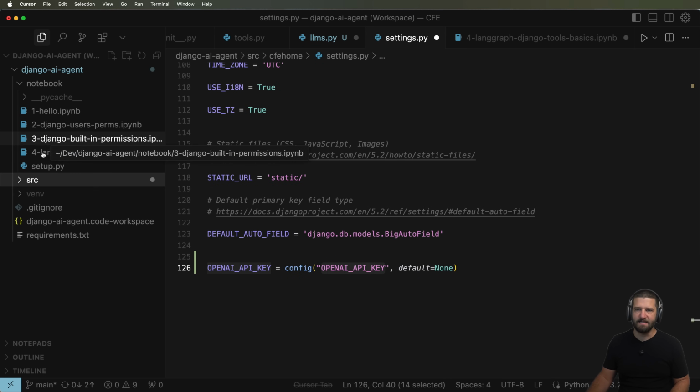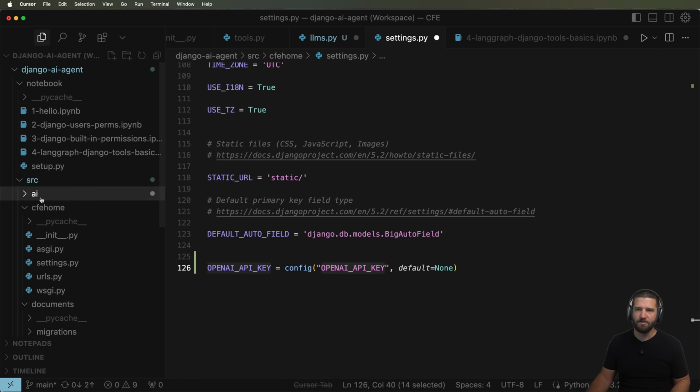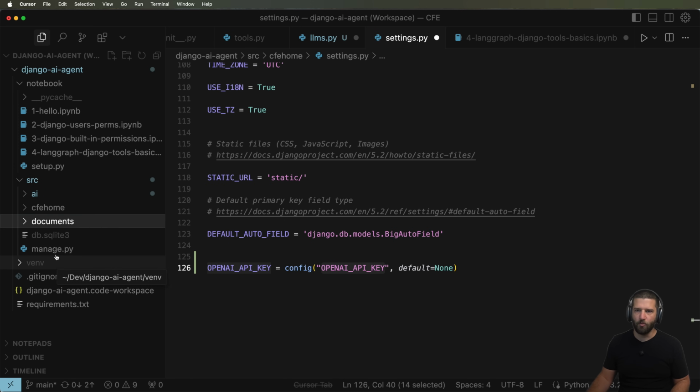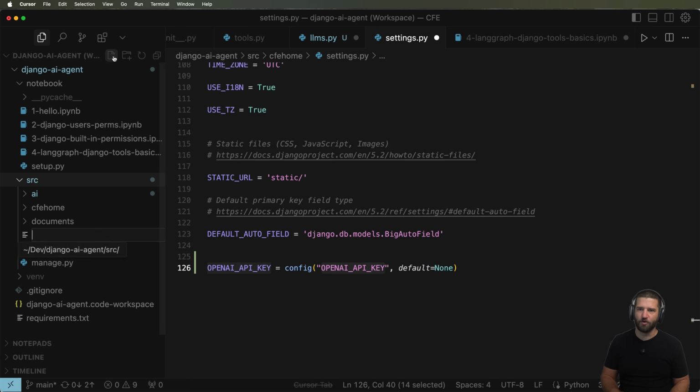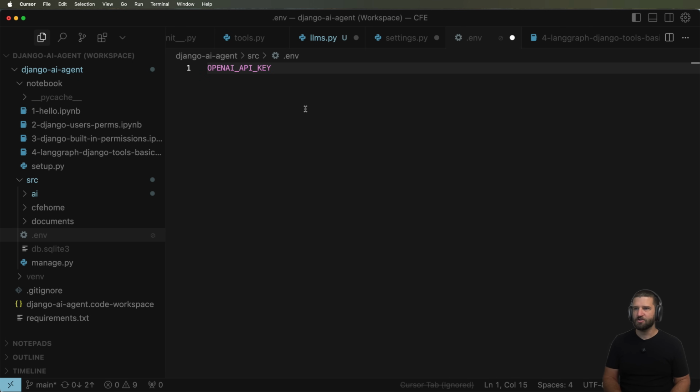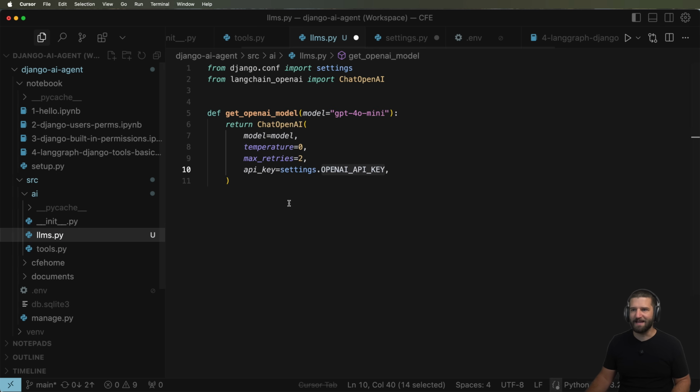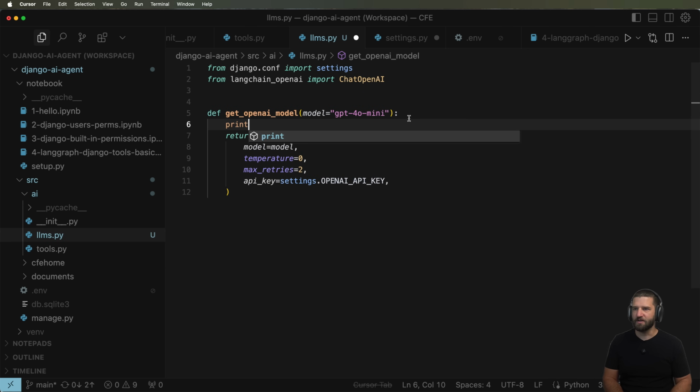which is exactly why we have it just like this. So with this in mind, I need to add in a .env file to make it work. That .env file we're going to put inside of the src folder, and we're going to go ahead and do .env just like that, and then we need an OpenAI key. For now, I'm just going to say ABC